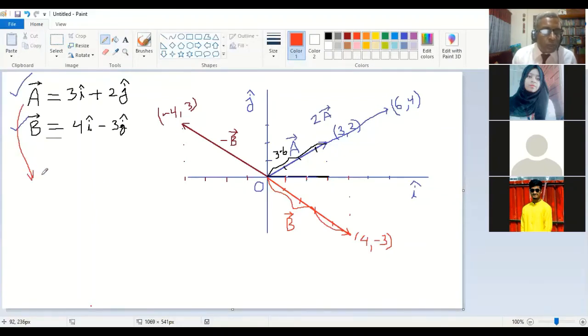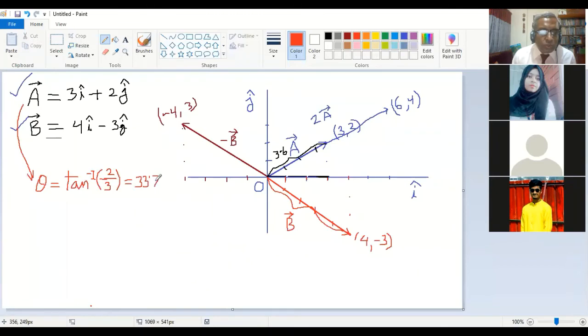So normally we call this angle theta, and I'm writing the formula, and then I will tell you the general formula. It is actually tan inverse of y value by x value. Yes, sir. So in this case it will be 2 by 3. That is, the number with j will be on the upper side and the number with i will be on the lower side. So y value by x value. Someone can find this out from a calculator: 33.69 degree.